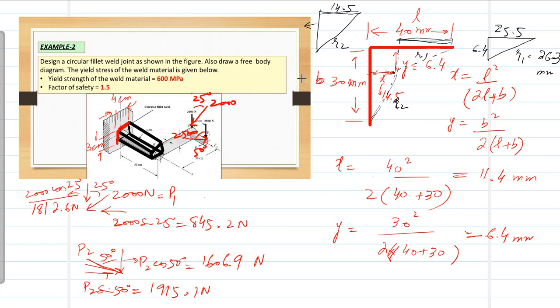That is 23.6. So according to Pythagoras theorem, we can find it: 23.6 square plus 14.5 square, which is 27.7 mm. This is R2. And we have to find the angles, this angle and this angle. Clear? So the angles, this angle is